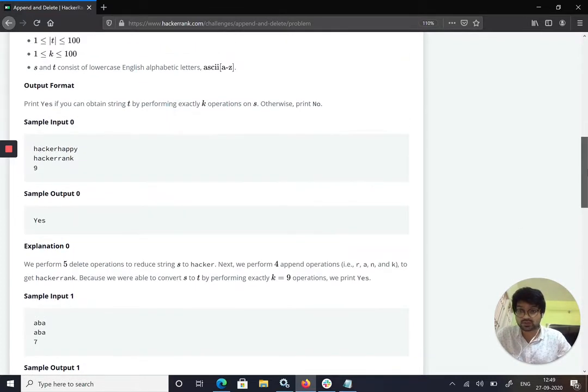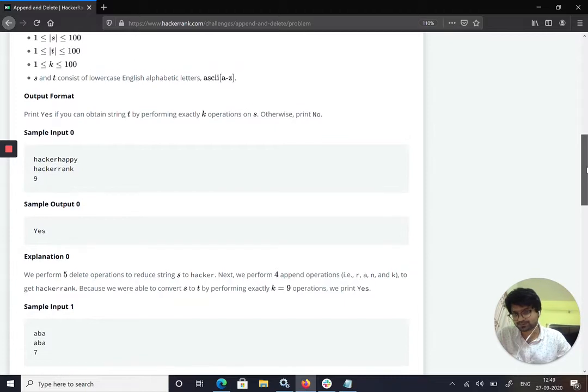So let's start with one example. This is the sample input, hackerhappy and hackerrank, and this is the number of moves, 9. The sample output is yes. That's because the change from happy to rank is the difference between both strings, s and t, and we have a total of 9 characters and the number of moves is also 9.